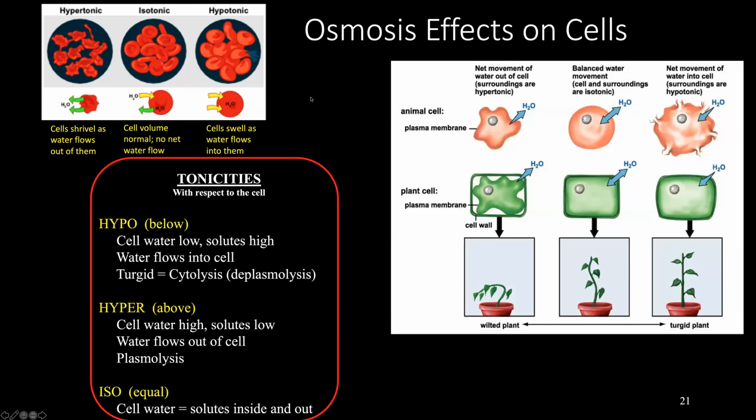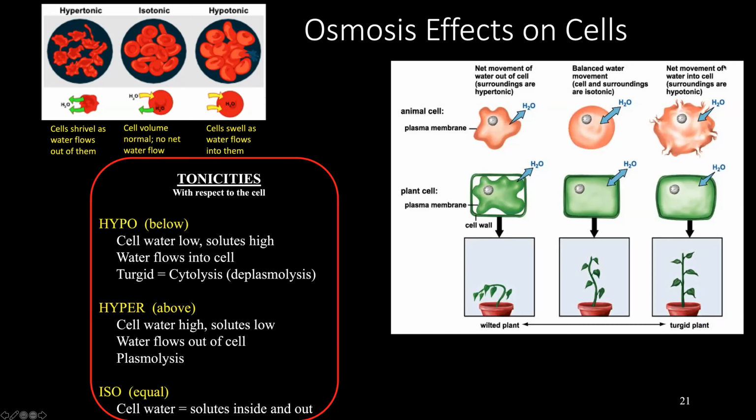Well, here you see the consequences of hypertonic and hypotonic conditions. The upper right are red blood cells, and under hypertonic conditions, water flows out of the cell and the cells shrink. In isotonic conditions, the water concentration is the same inside and outside. The cells are happy. Under hypotonic conditions, water rushes into the cell, and if the conditions are severe enough, the